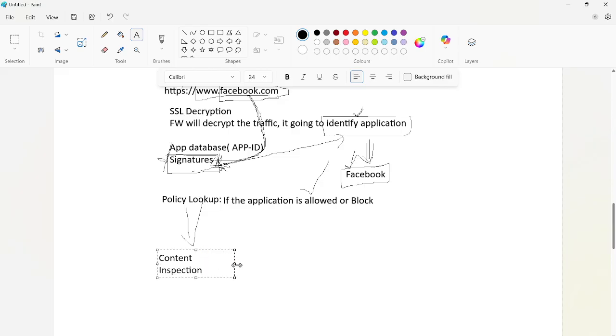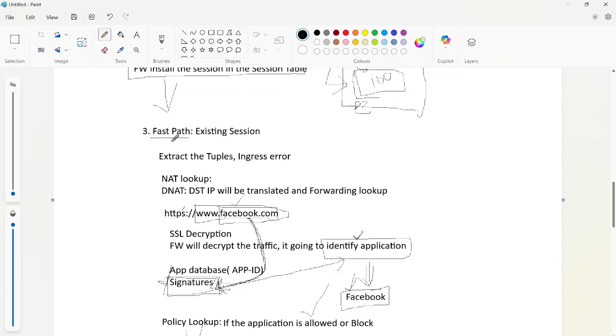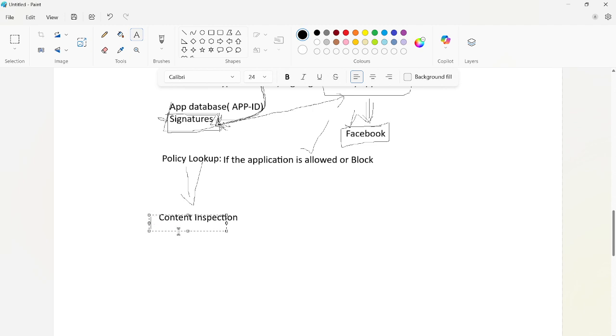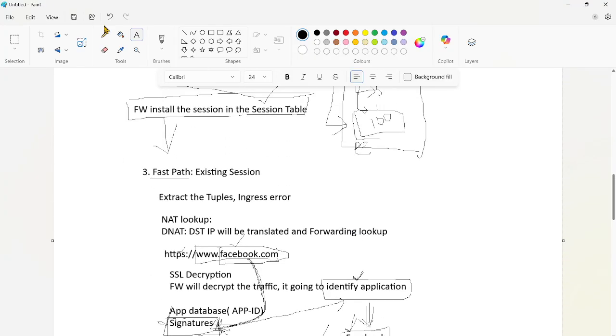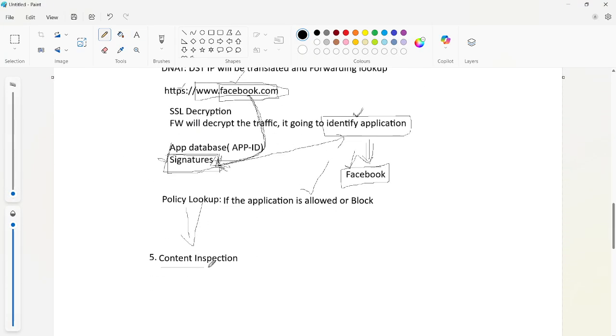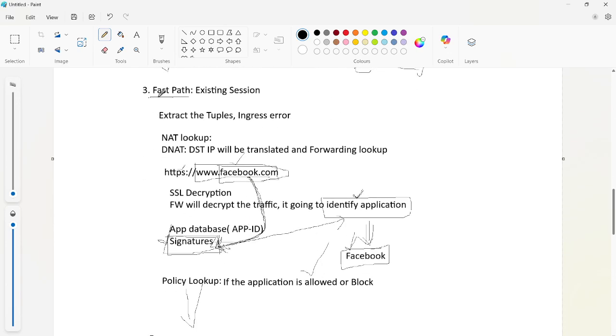So if Facebook is identified in the fast path, the content inspection is the fifth stage. But we are in the third stage. In between the fast path and content inspection there is one more stage, which I will tell you about.